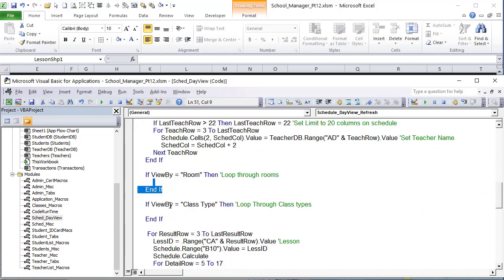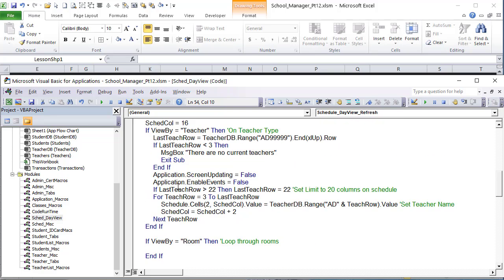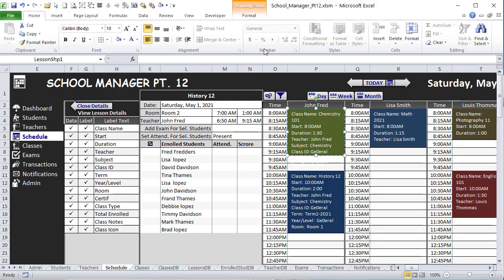Notice, what do we do if there's rooms, or what if it's class type? So let's take a look at that. We left that out purposely because we were just focused on teacher last time. So let's go ahead and fix that. Okay, so as we add teachers, rooms, or types to this header, what I also want to do is